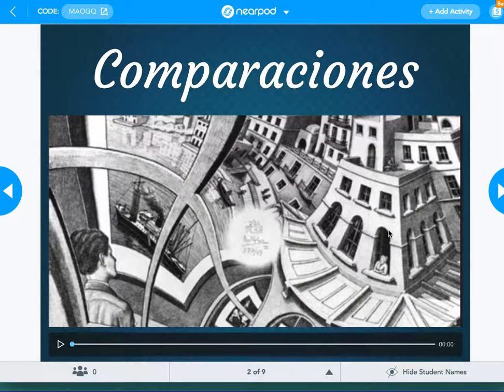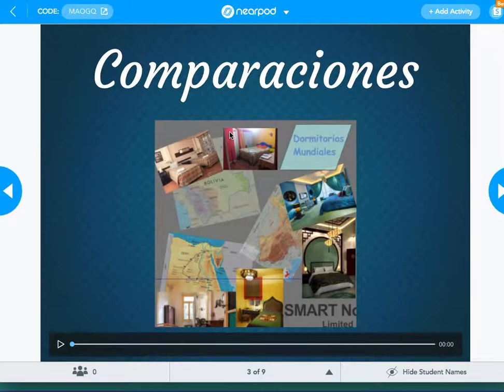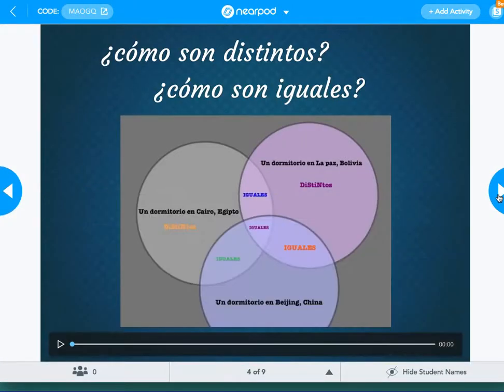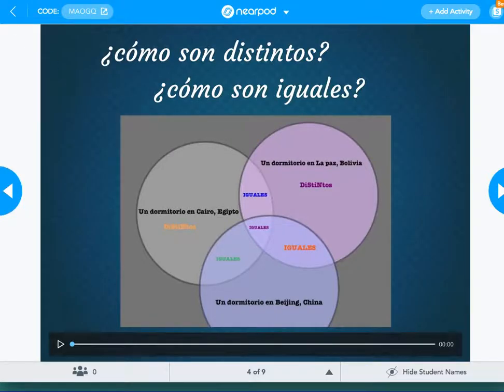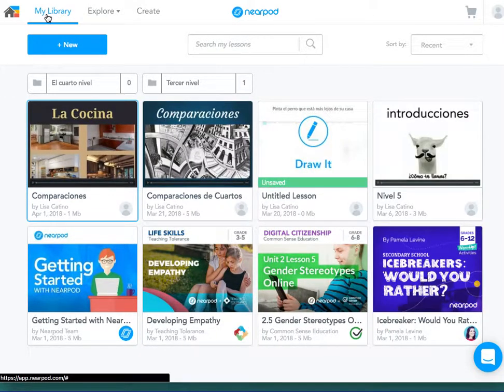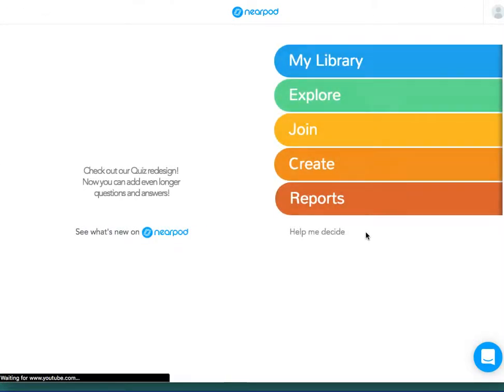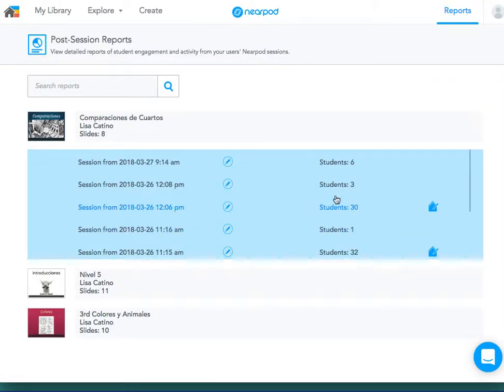And then I can move through this, and you'll see here there's the audio down at the bottom, and I'll allow all of my devices to hear the sound. And there's some comparaciones that we were doing as a class. The other thing that I can do is I can look at my reports for my classes. So if I go over here, I can see my reports of what my classes have done. So I would look through here,